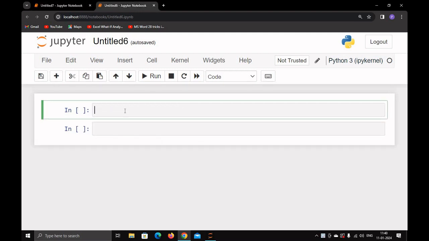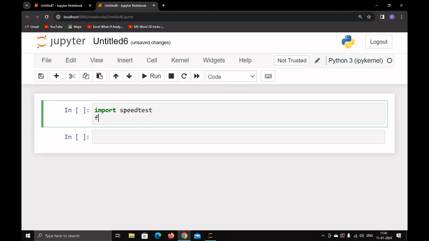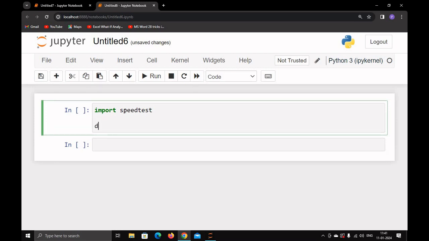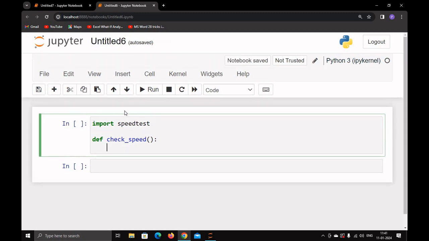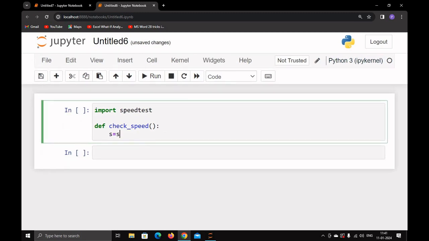After that, we will import the module. So import module speedtest, and then I will use a function. So define a function, the name is, let's say, check_speed, and in this function I will use a variable